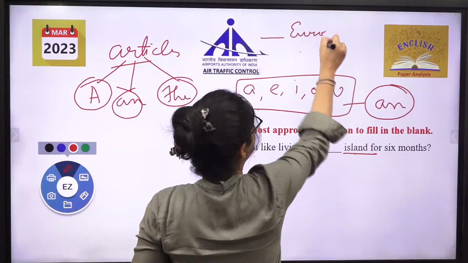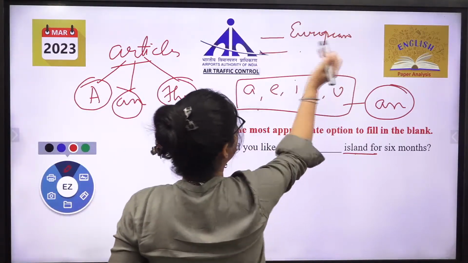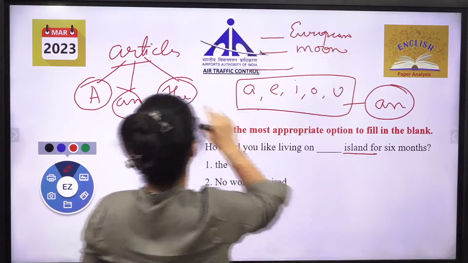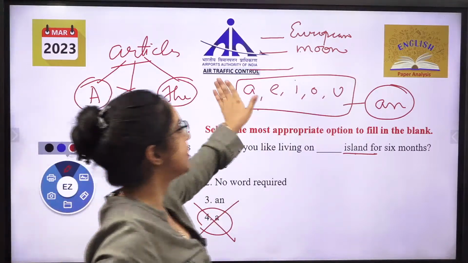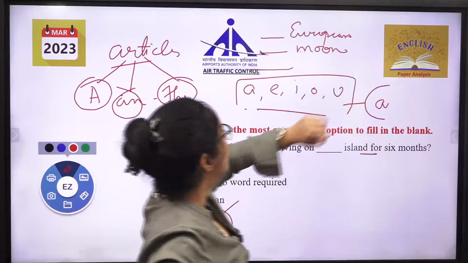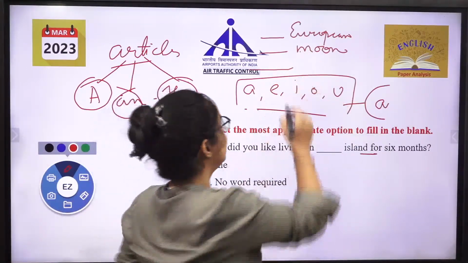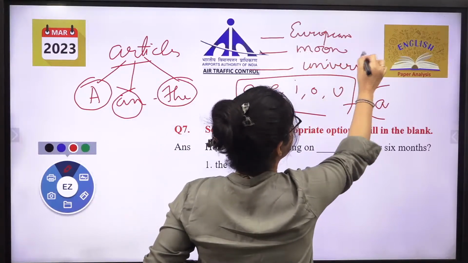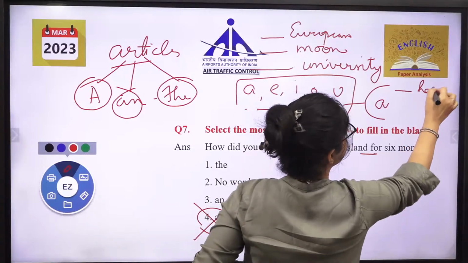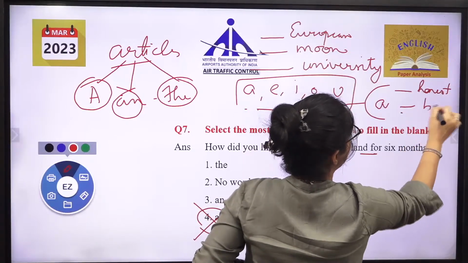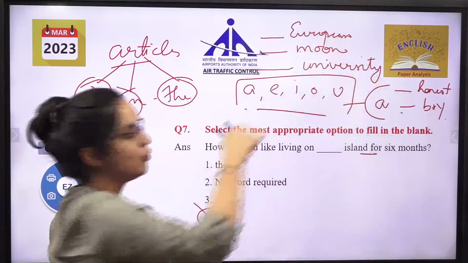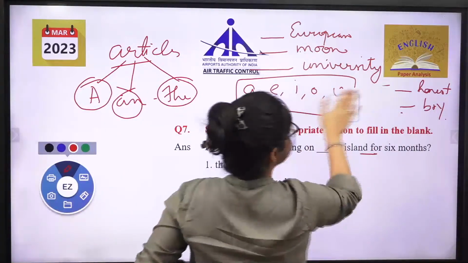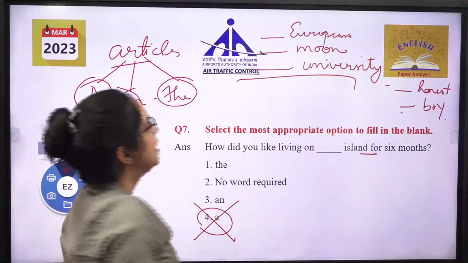Second thing we have is, let me ask you before we solve it. What comes with European? What comes with moon? What comes here? You can use article A, An, and The. I'm giving you some kind of example. Okay. What comes with European? What comes with moon? What comes with university? Solve it out. What comes with honest? What comes with boy? 5 are there. Tell me in a row what will be the answers. Let's revise the concept also side by side.